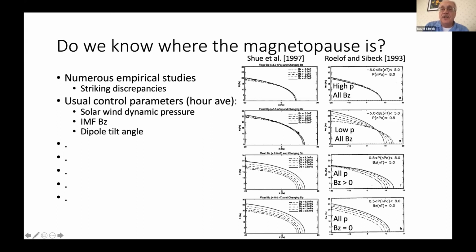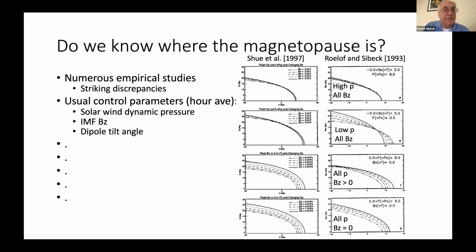Sometimes the predictions are similar, and sometimes they are strikingly different. Look at these two panels. This panel here should look like that panel there. Obviously, there's a gross discrepancy. What we usually try to do is determine the magnetopause location using hourly average solar wind parameters of the solar